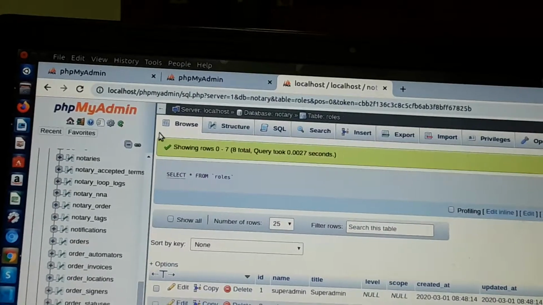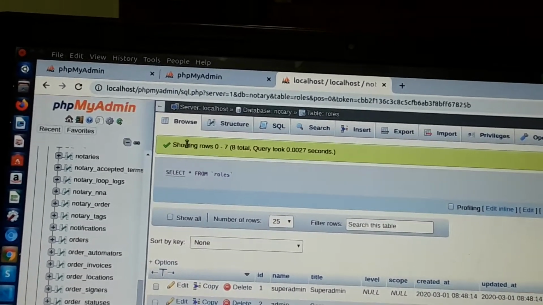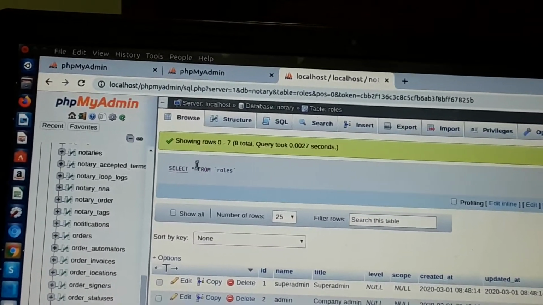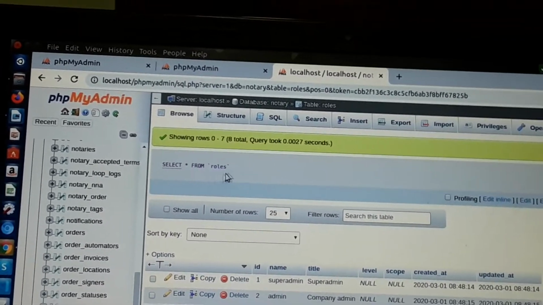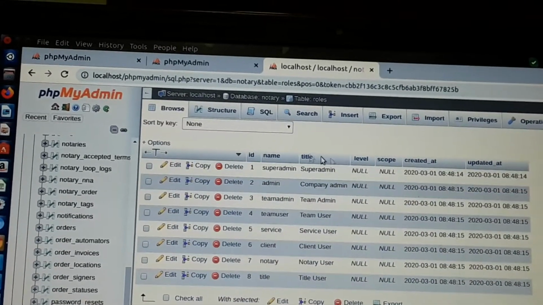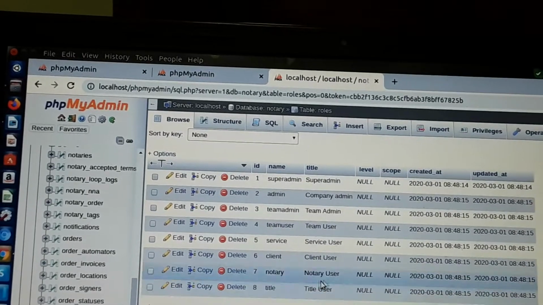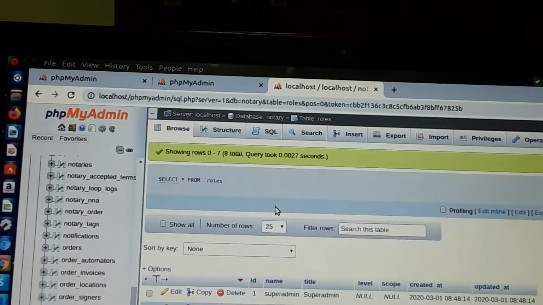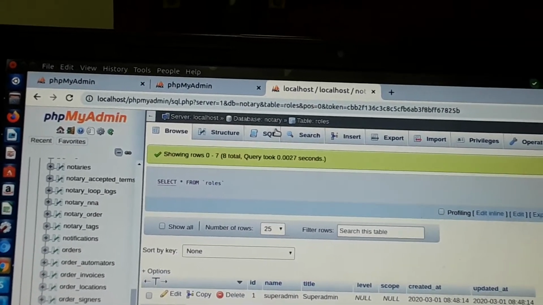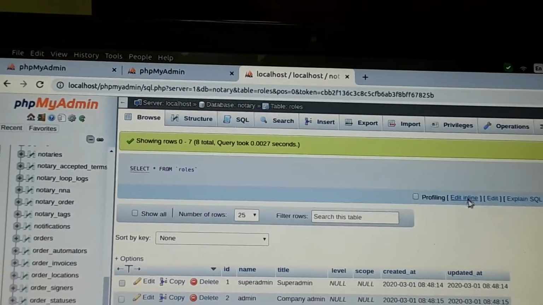Here the database box is hidden. Instead, it should be showing the browse tab. What is the command here? Select star from roles. It shows all the available records here. Here is one more option, edit inline.